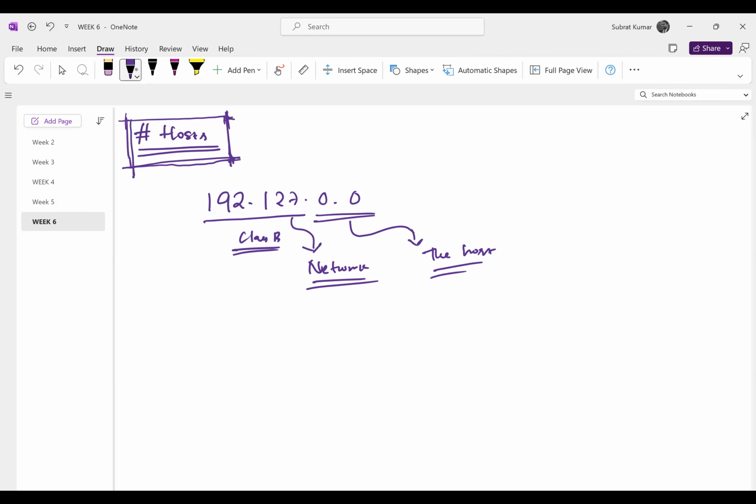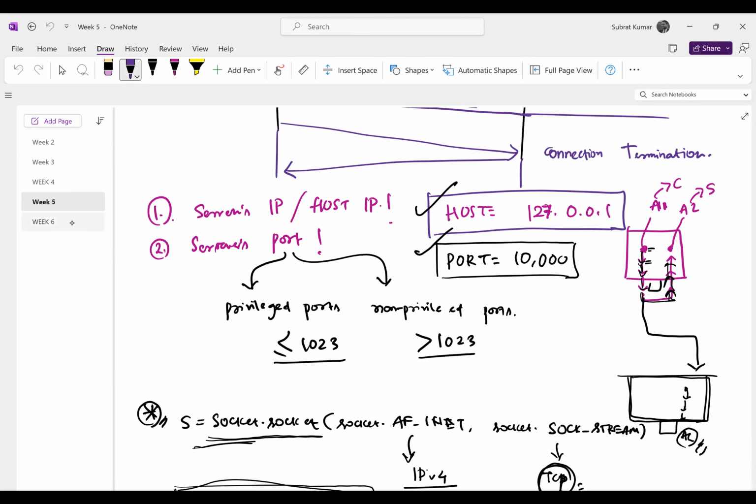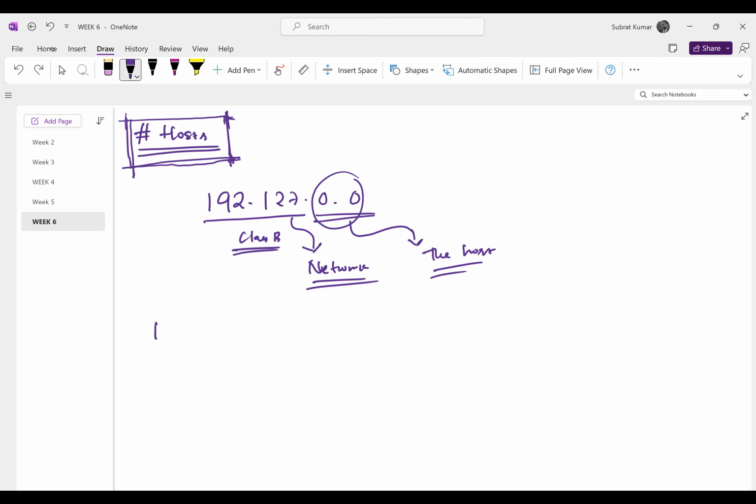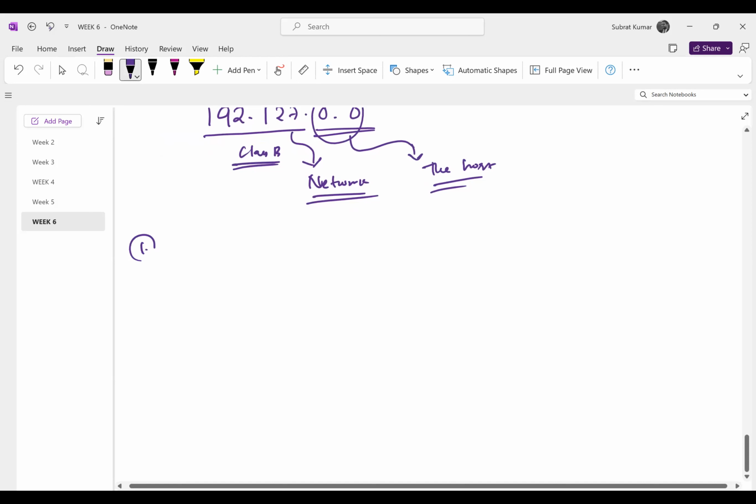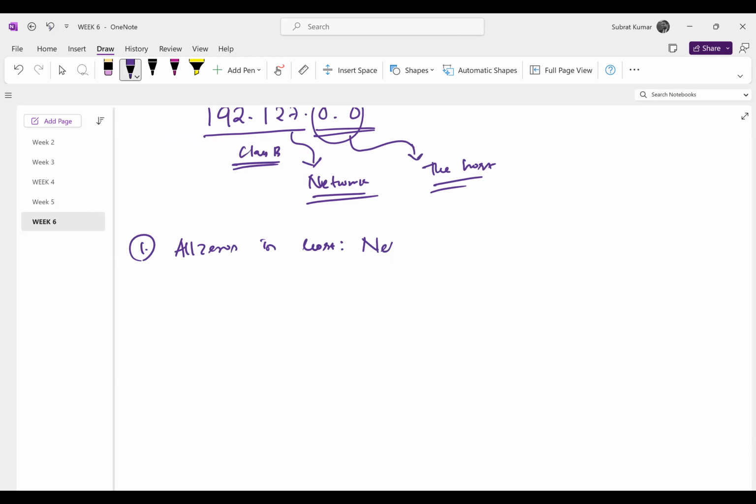So when in the host part there are all zeros, in the host block, if you have all zeros